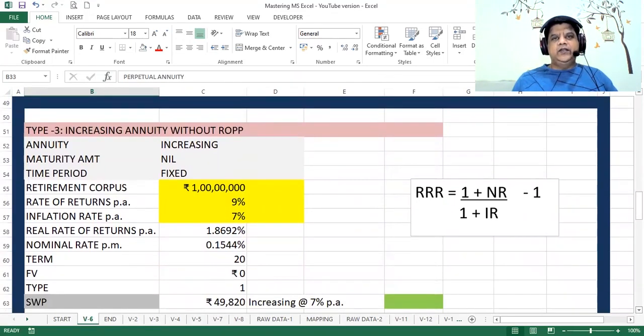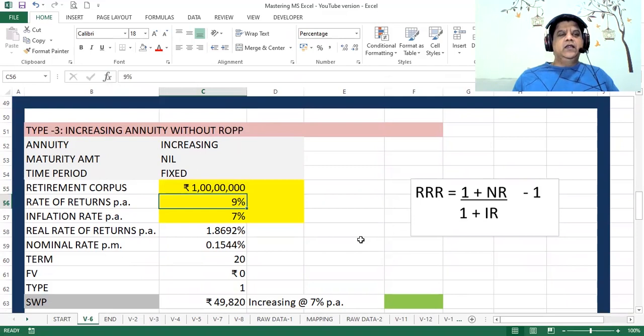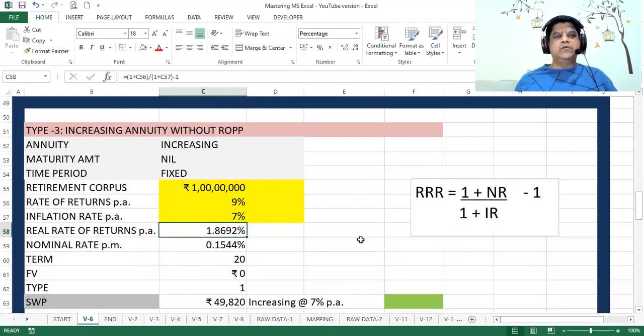So increasing annuity, you have seen in the retirement calculations, we take the differential rate or the real rate of returns. We'll do the same thing here. Retirement corpus is given to me. Rate of returns is given to me. Inflation rate is given to me as 7%. What I'm going to do is take the differential using the real rate of returns formula, which is 1 plus NR upon 1 plus IR minus 1. So what I'm getting here is